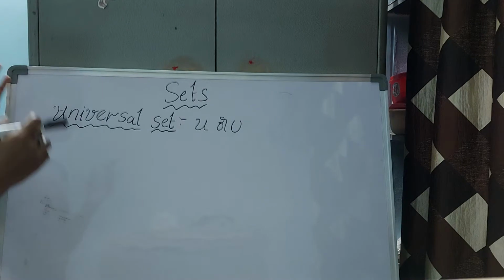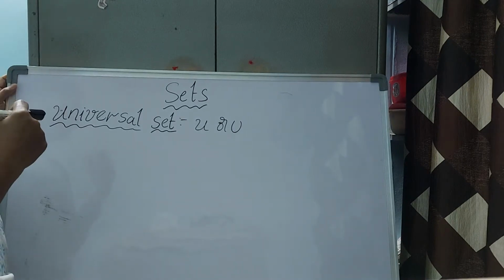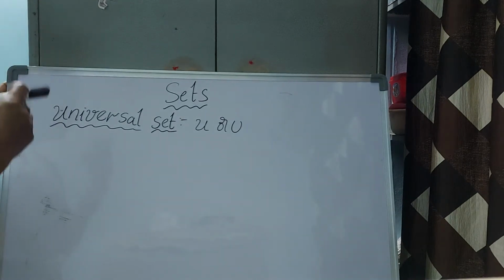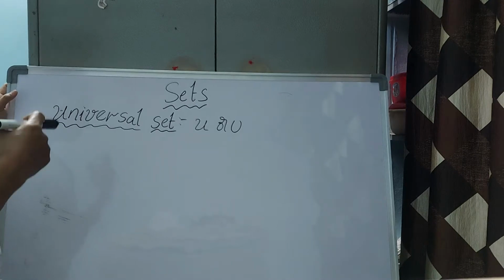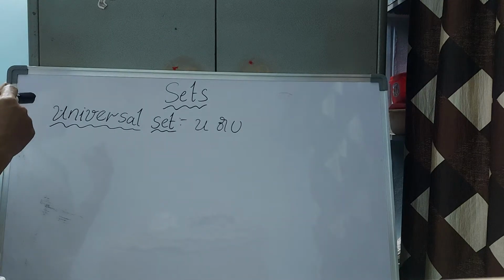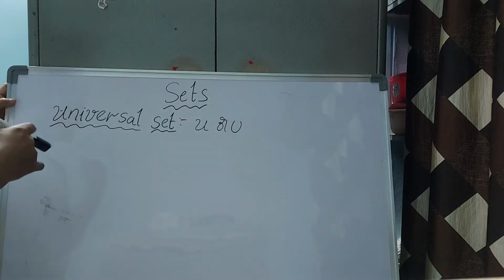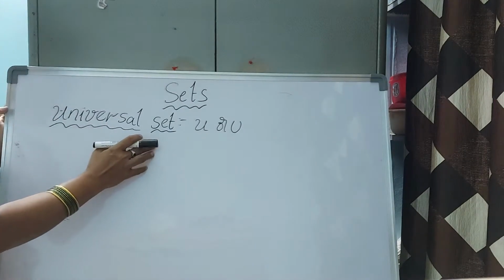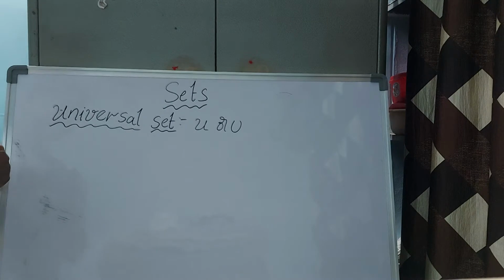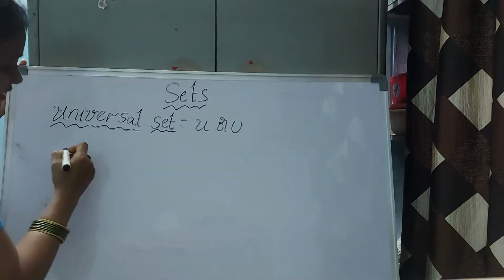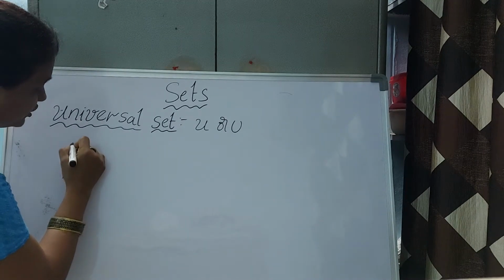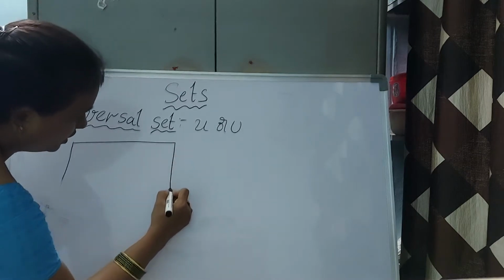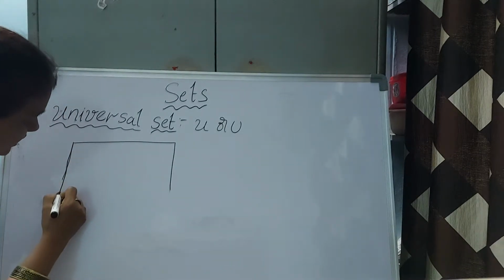Whole thing. Types, we have different types of teeth. All teeth we take as the universal set. In that, incisors and so on are all sets, and these sets are subsets of this universal set. We will see the universal set is denoted with a rectangular shape. For example, this is the universal set.